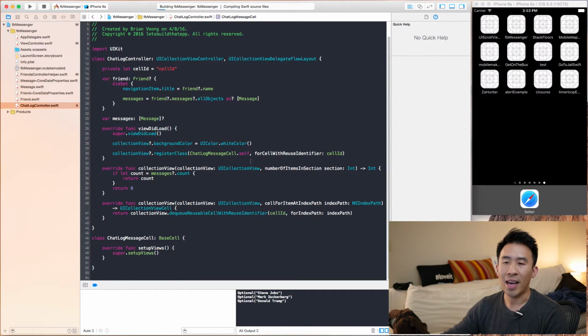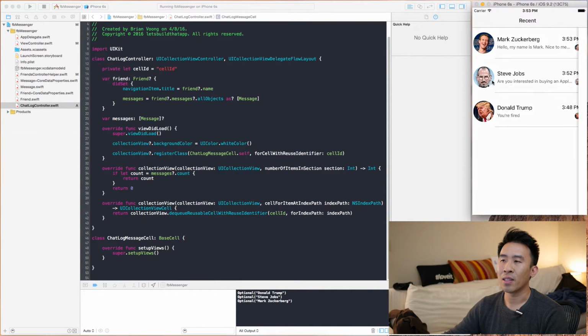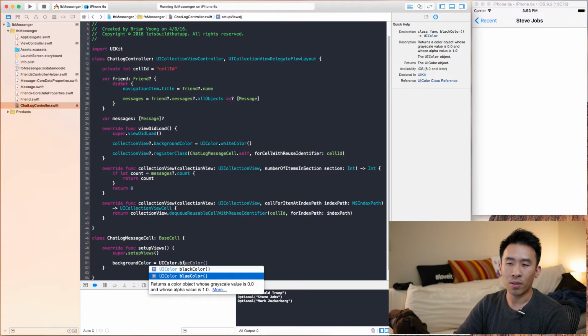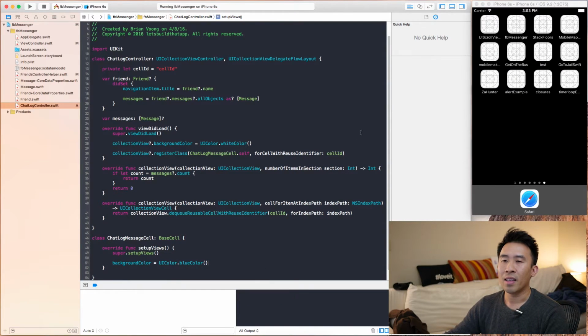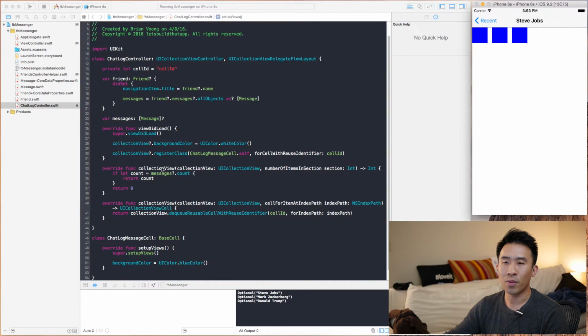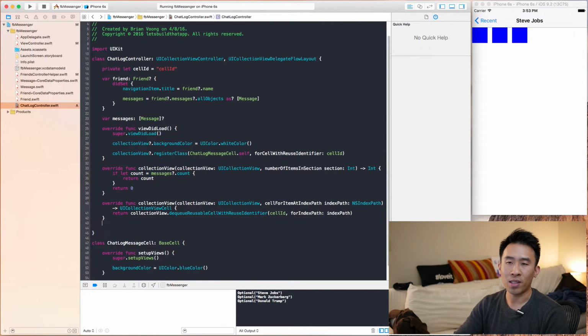So if we run this now, I don't believe we'll see anything just yet. So, okay, good. And let me just illustrate what background color equals UI color, blue color. And that will give us 3 blue cells for 3 of the messages that we get for Steve Jobs. Finally, I want to stretch all of these cells